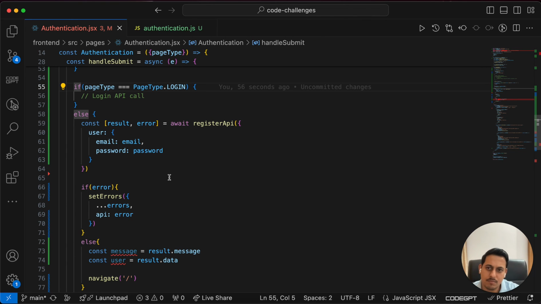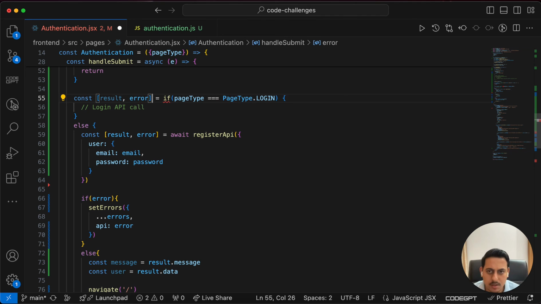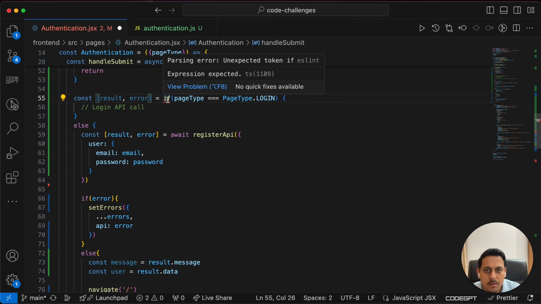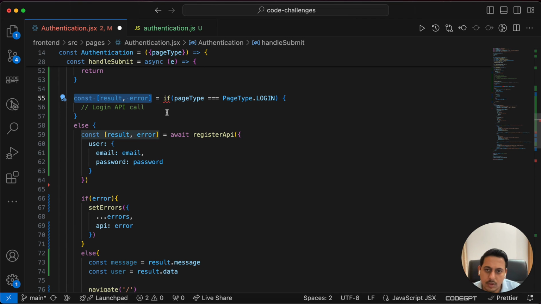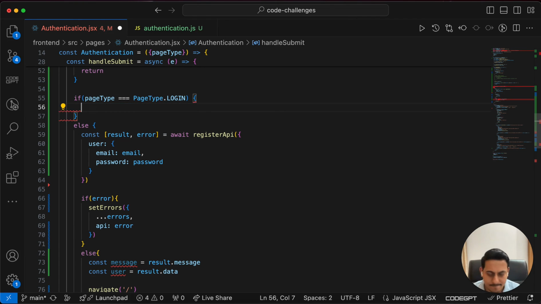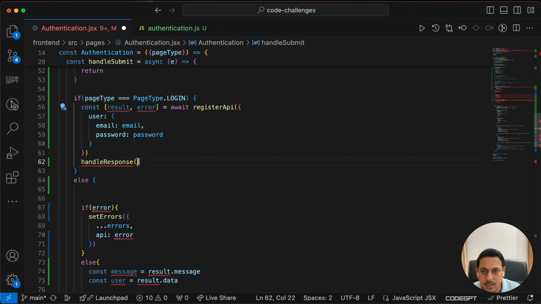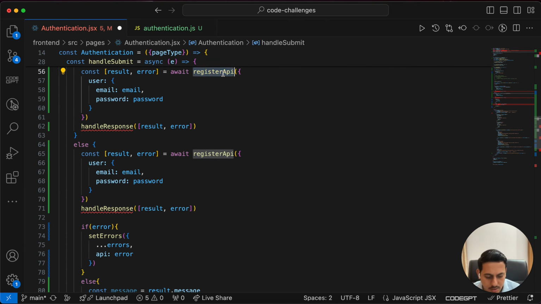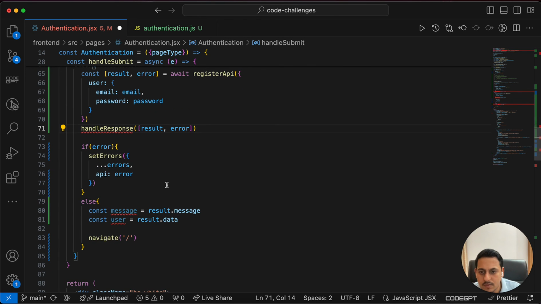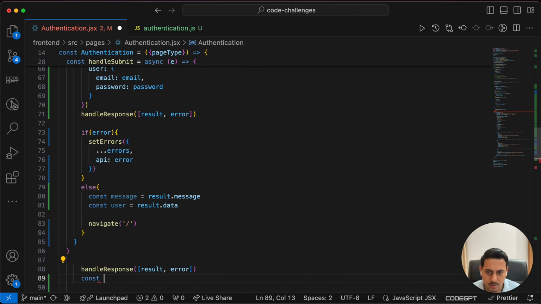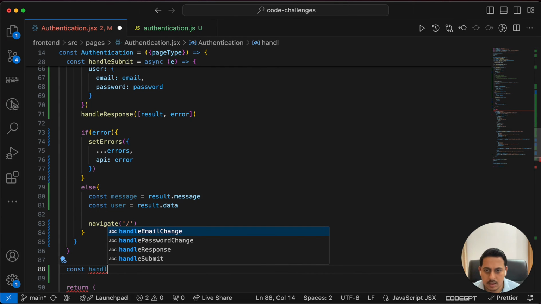So we can maybe, will it work? I don't think it works. So let's do one thing. Handle response. And in that, once we make this API call, we'll handle this response here. Okay. And same thing I'll do for our other API call also. Here I'll change it to login API and I'll create this function called const handleResponse, and in that